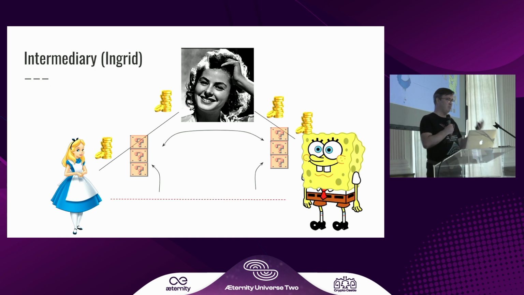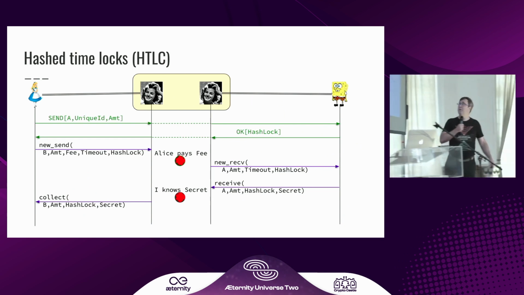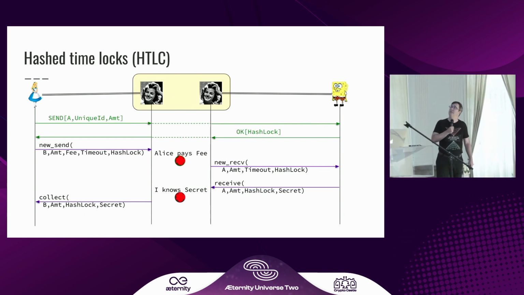Now, at Universe 1, I talked about virtual state channels, which would be, well, we've sketched a description of how that would work, but we're not there yet. So this would be a different setup where we're using hash locks. And then a payment from Alice to Bob via Ingrid would look like this.